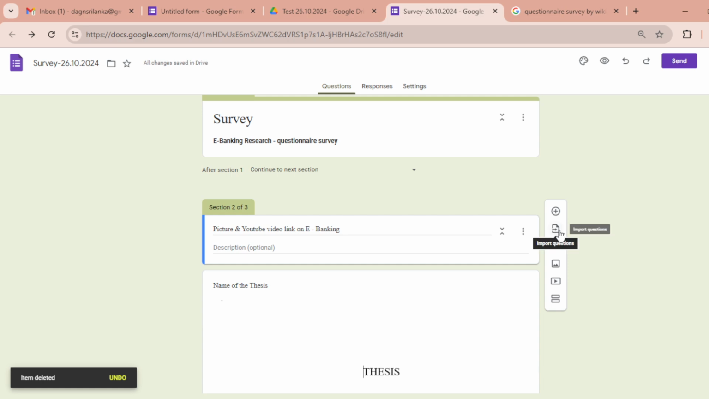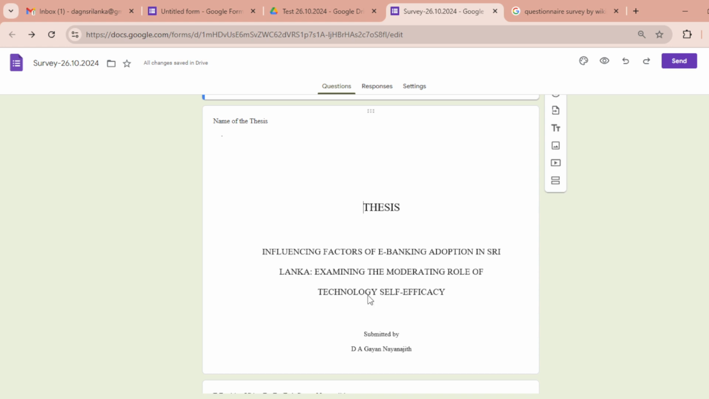Next option is import questions. If you have any previous Google Forms document, you can import questions from that. Here these are for the purpose of adding titles, and here you can add a particular image using your PC, whatever the available image, or else you can select it from any other source. Here we have already added such an image,